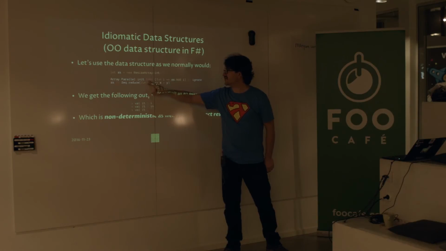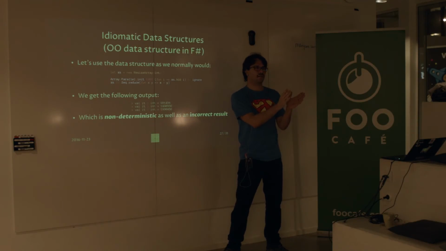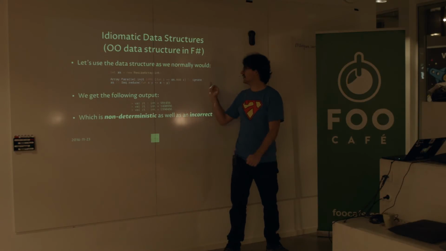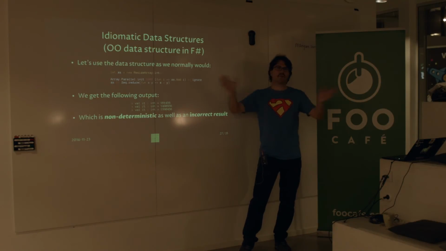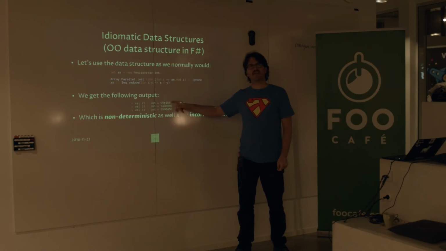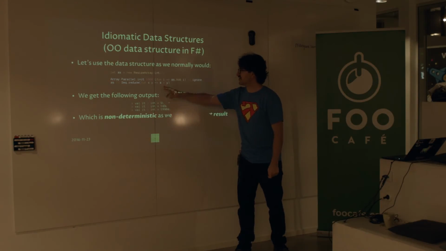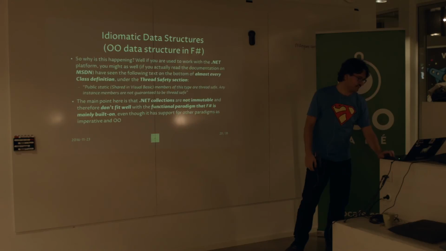I add 1,000 elements, and what I do is add the index of that initial value into the array. I then reduce it, so this is just a map reduce thing where I do a lot of things in parallel, and then I compress everything down to one value. If I run it a couple of times, I can see that it never gives the same value. So it's not deterministic, and it's also not correct, because if I put all the numbers together, it doesn't give this result. So what is actually happening here is,